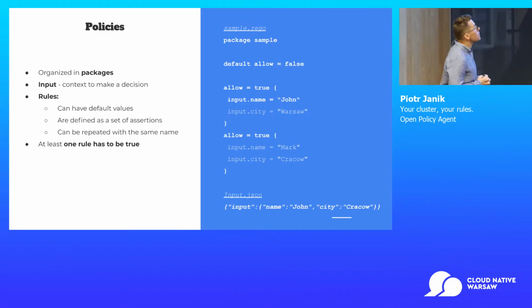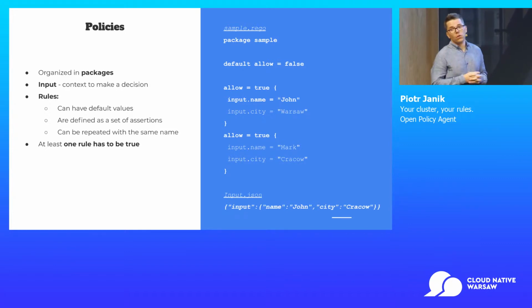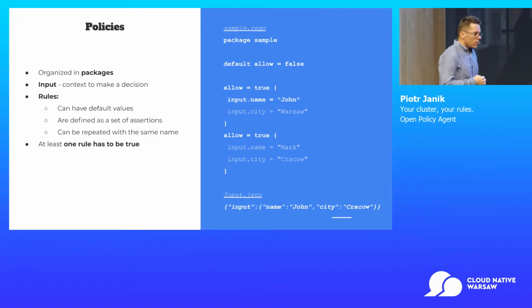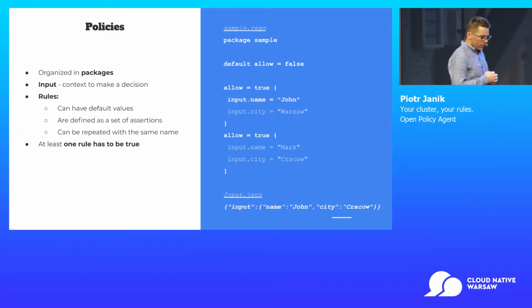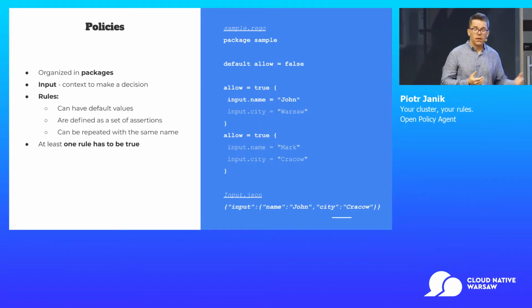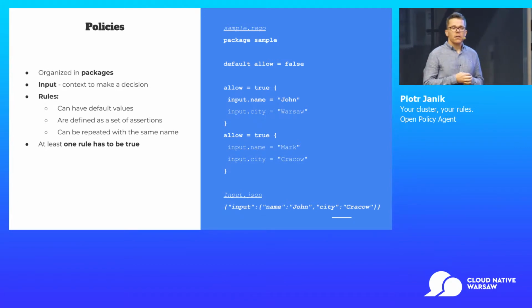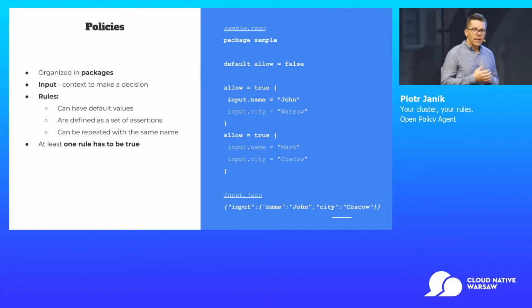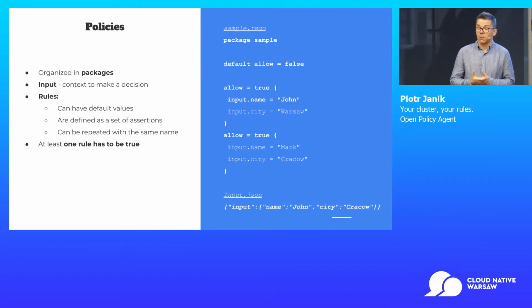What we see here is that we expect that input name equals John. But what is input? When we run OPA, we provide these rules in Rego files. We provide data, and to make a decision, some service needs to provide this input, some kind of a context